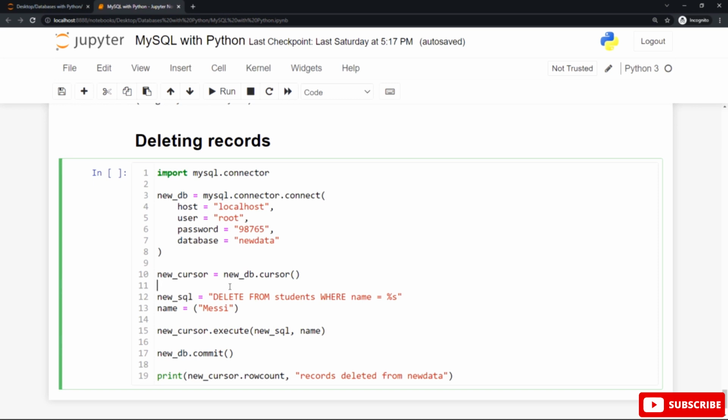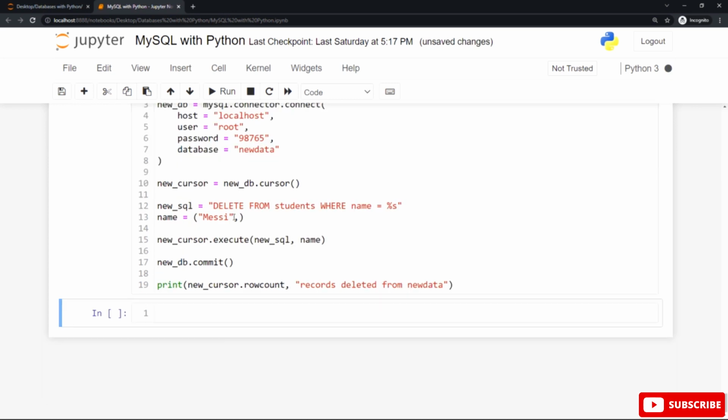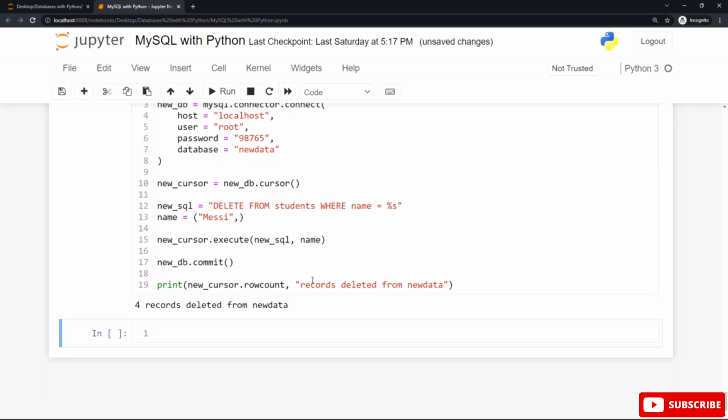Now, if you hit Shift Enter or Shift Return, you will see all the records that have messy deleted from the table called students from the database called new data. Hit Shift Enter or Shift Return to run this program, and you can see 4 records deleted from new data. And make sure to place this comma after messy, otherwise you will get an error in the output.